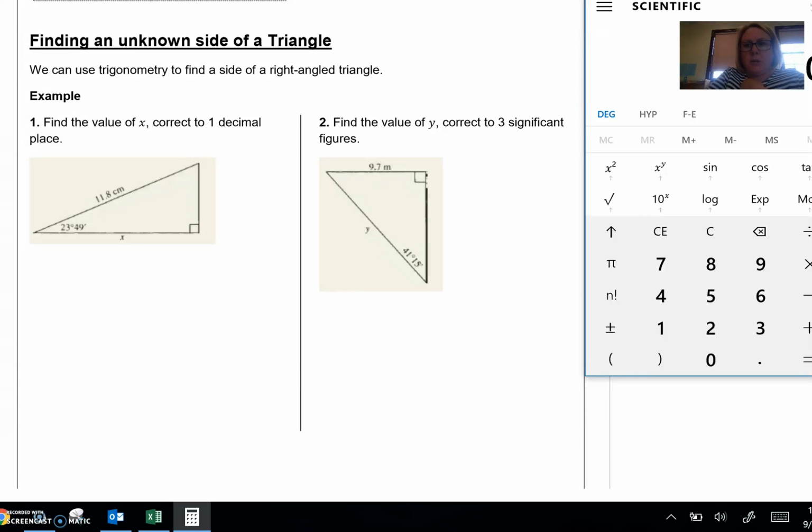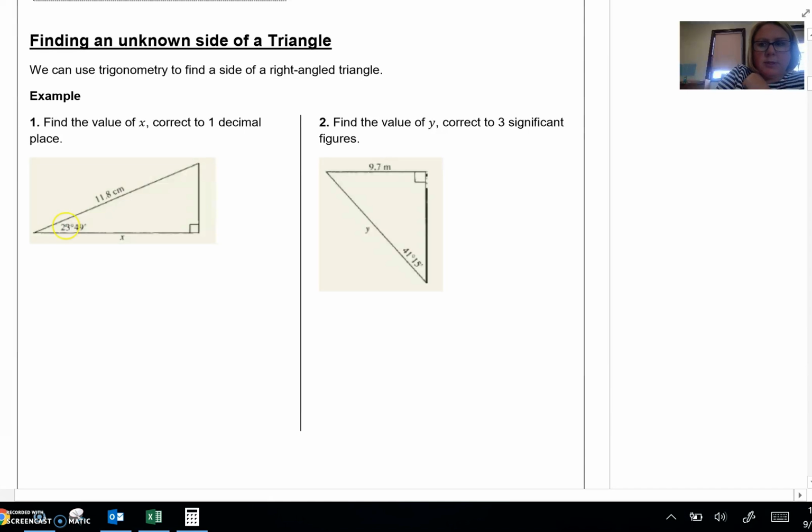Okay, trigonometry is measurement with angles, and there's two things we can do. We can find a side or we can find an angle. In this case, we're finding a side, and the first thing we need to do is label our sides. This one's hypotenuse and this one's adjacent. So it tells me that cos theta equals adjacent over hypotenuse, or the cos of 23 degrees 49 minutes equals